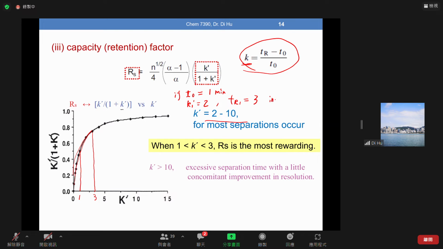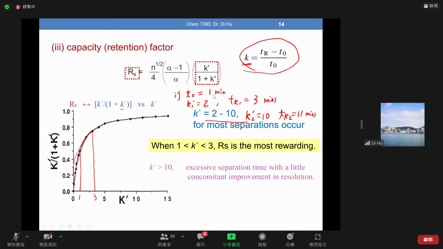3 minutes, right? Okay. But if k2, the second peak, equals 10, what does that mean? That means the tR equals what? tR2 equals 11 minutes, right? Okay, so that means, say for the compound, if the first compound comes out, you will have a k value